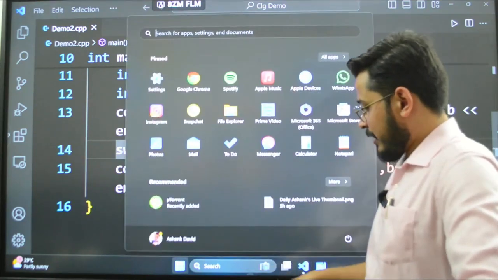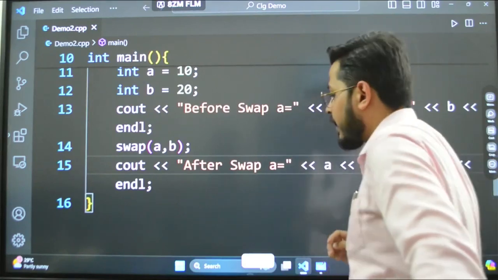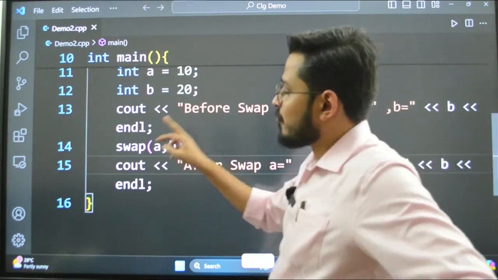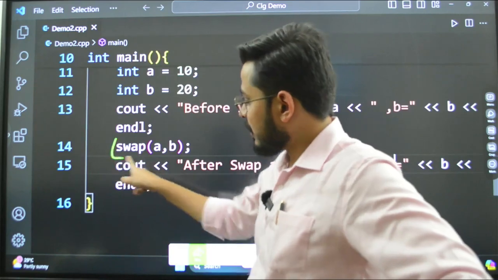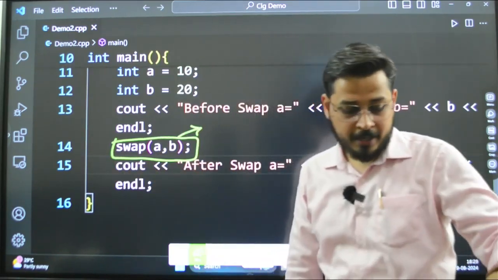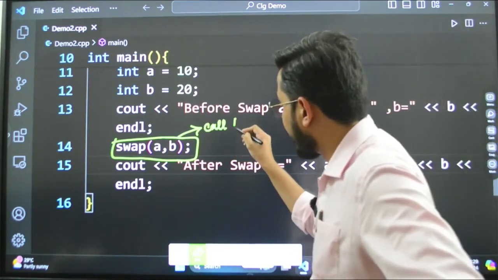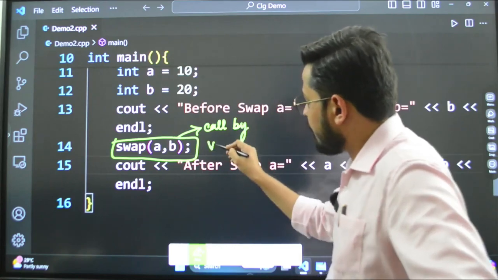What I have done is that I have said that this is call by value. Okay, what is this? Call by value.